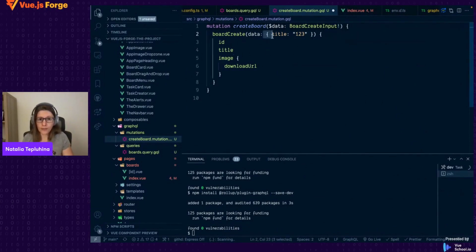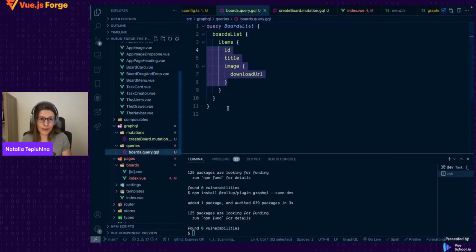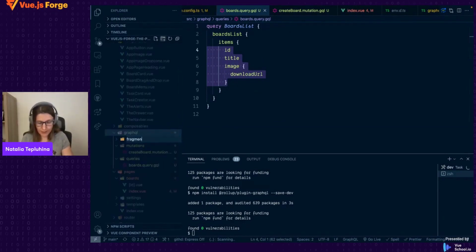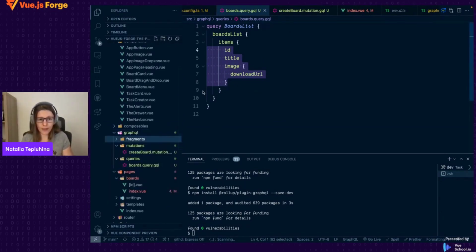And here, instead of hard coding anything, we just pass this data. Because I will only specify the title, but maybe people who will be working after me want also to pass some order, maybe some other data for the mutation, and I just need to respect that. And we can also create a fragment here, because you can see that this part and this part are very similar. So again, like folder, there are fragments, and we can create